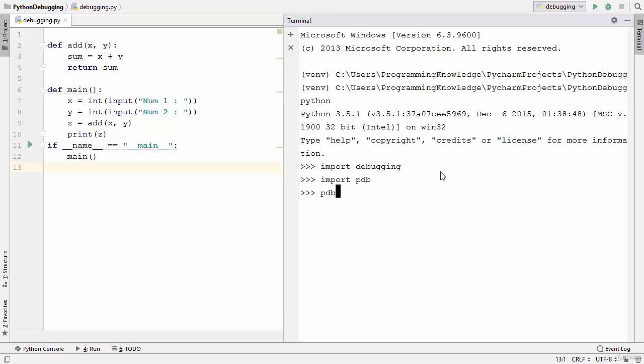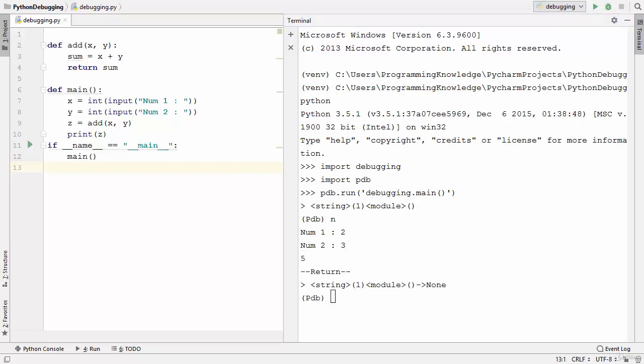And now I can just give the pdb.run command and then give the name of the script on which I want to work on, which is debugging. And then I'm going to call the main method inside the debugging and then press enter. And once again, give the n command, which is for the next, which is going to start the debugging of your code. So this is how you can use the PDB command in order to